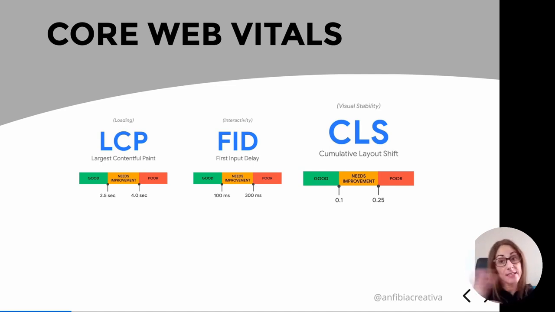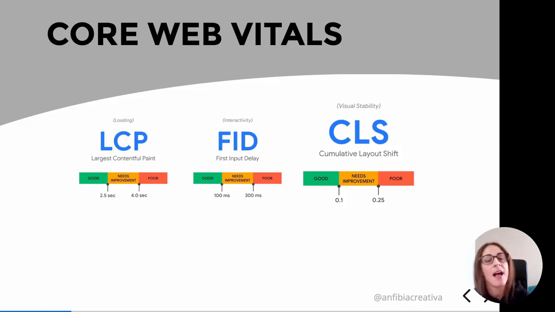So if content is shifted a lot, the CLS will be higher, and that's basically a big problem for dynamic applications. That's really what happens for client-side render sites, and even with server-side render sites after you bootstrap your JavaScript